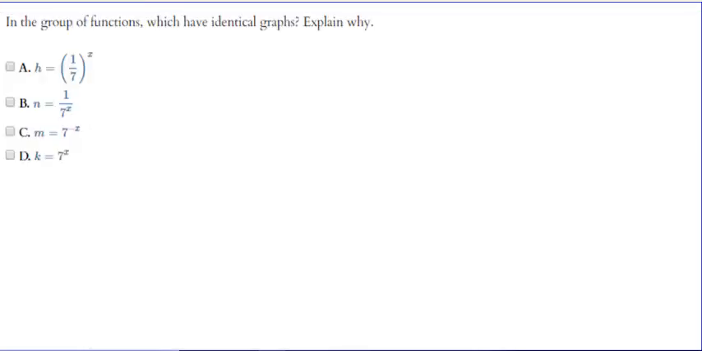In the group of functions, which ones have identical graphs? Explain why. Well, you can graph all of these if you want, but I'm going to show you. It's called the negative power rule, and you learn it in the properties of exponents. Anything raised to a negative power, if it's in the numerator, that base gets brought down to the denominator and made a positive. You can use that same principle, and I can also rewrite this as